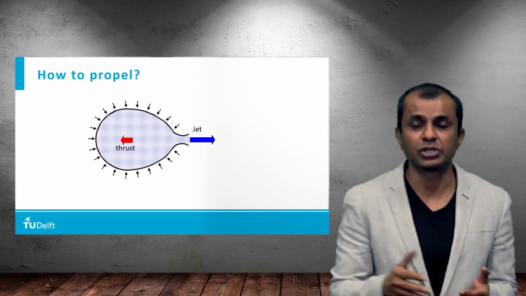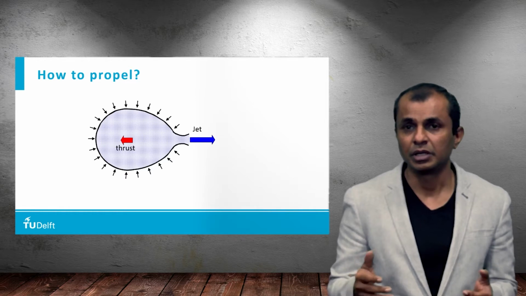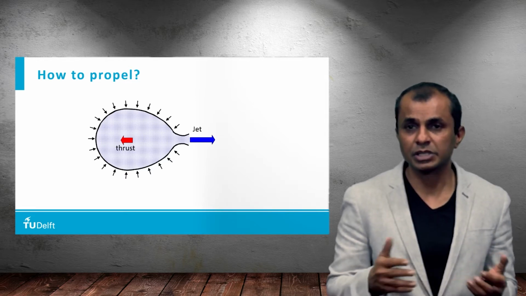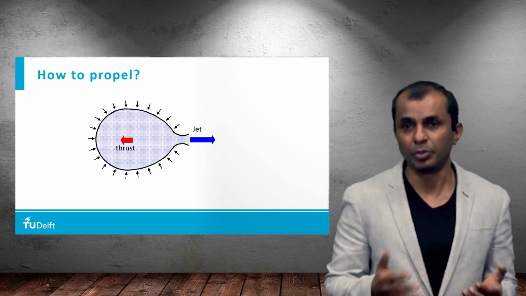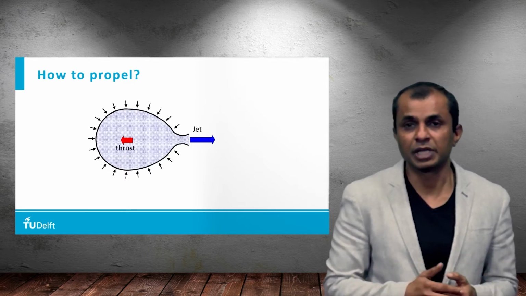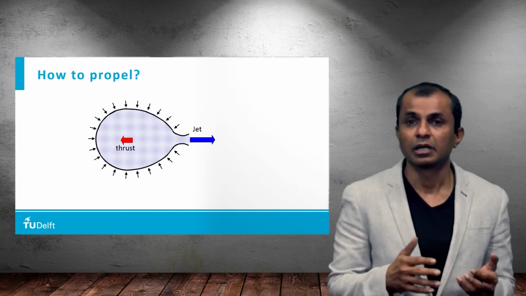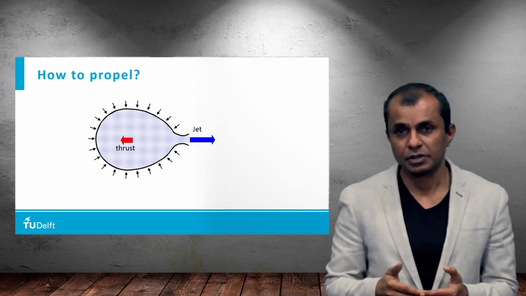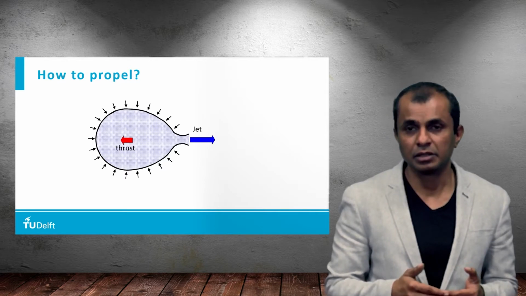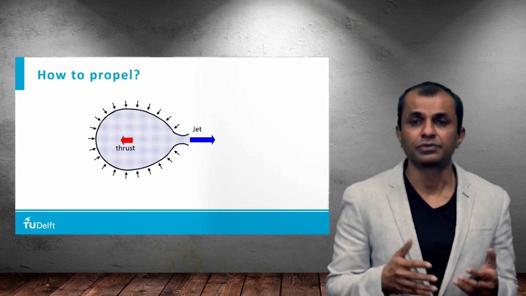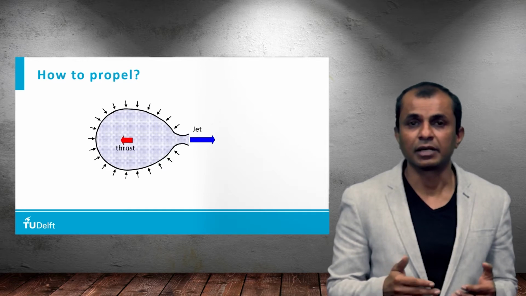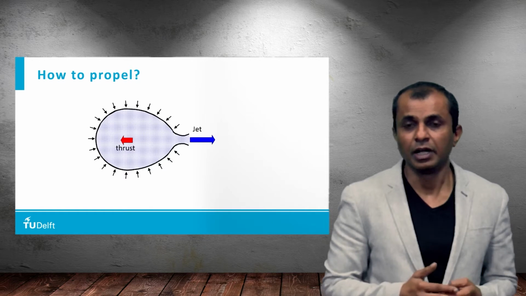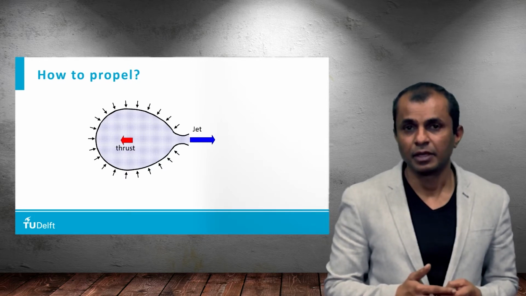So the air rushes out. When it rushes out, the velocity of the air is increased. This change in the velocity of the air creates momentum. We know it from Newton's second law of motion. And from the third law of motion, what we know is that any force has an equal and opposite reaction. And the reaction of creating this force is the fact that the balloon moves forward. So this is how actually an aircraft also flies.